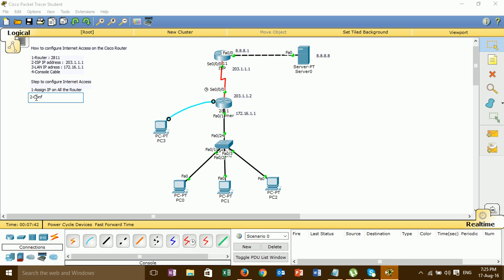Step 2, configure DHCP server on the Cisco customer router. Configure DHCP on this router customer.